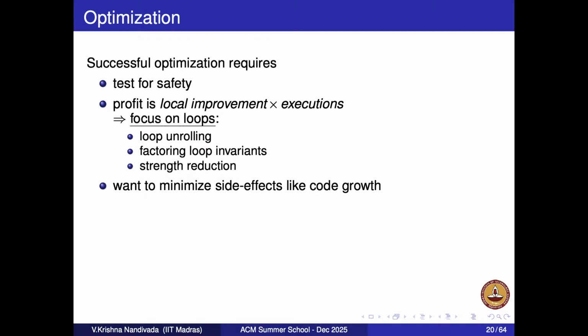I will not run the code. Here is a piece of code which is inside a loop. I'll assume every loop executes 10 times. Here is a code which is inside a nested loop: 10 into 10, 100 times. I'll give this more priority than this. Heuristics. As an intuition or an assumption.